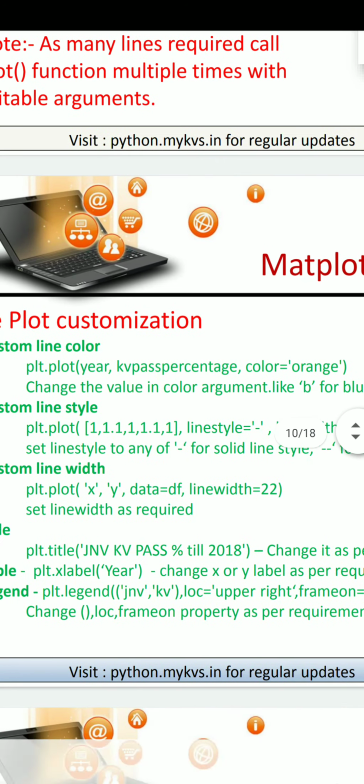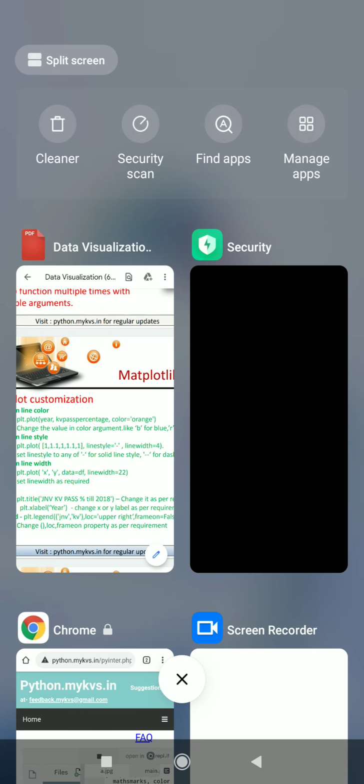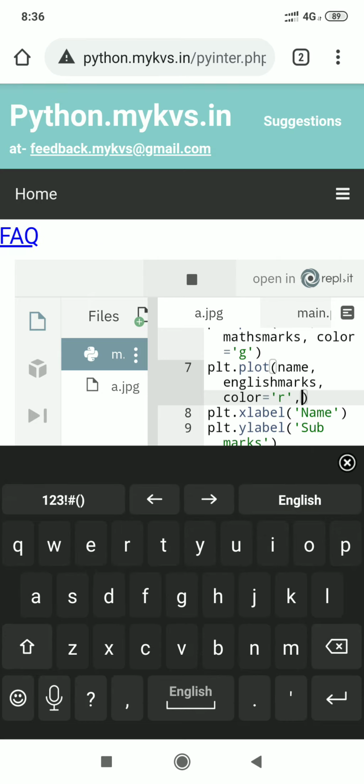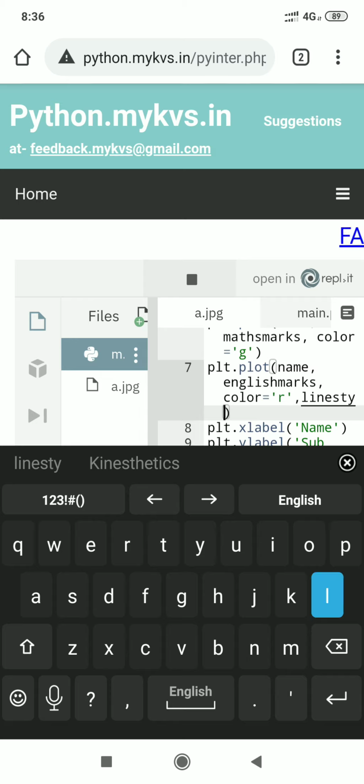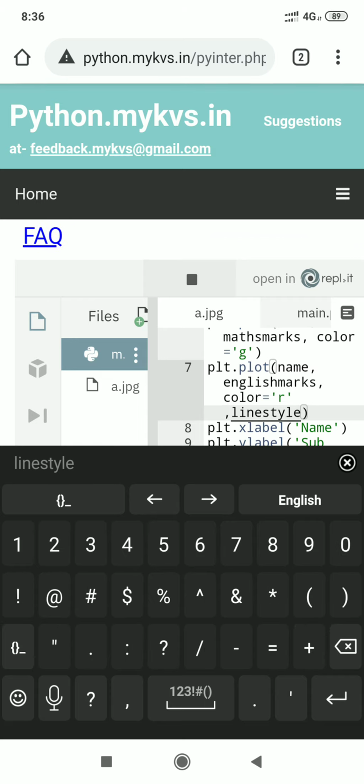Okay, the next argument, I make a change here: in plot, then color, then line style equal to this.